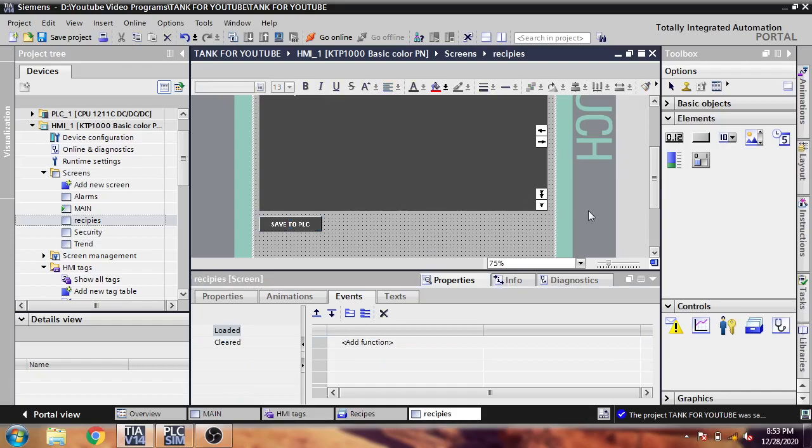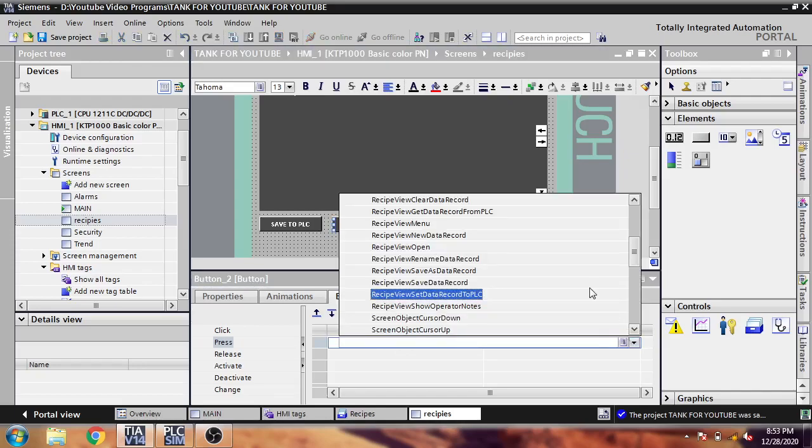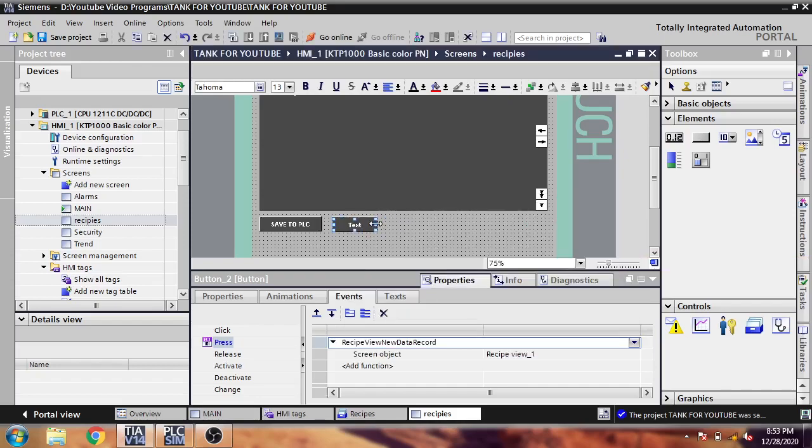Yes, I think I need some more buttons, so I search whether we can also create a new recipe or not, whether it is available or not. Recipe view, save data record, save as recipe, open. Here is new data record.